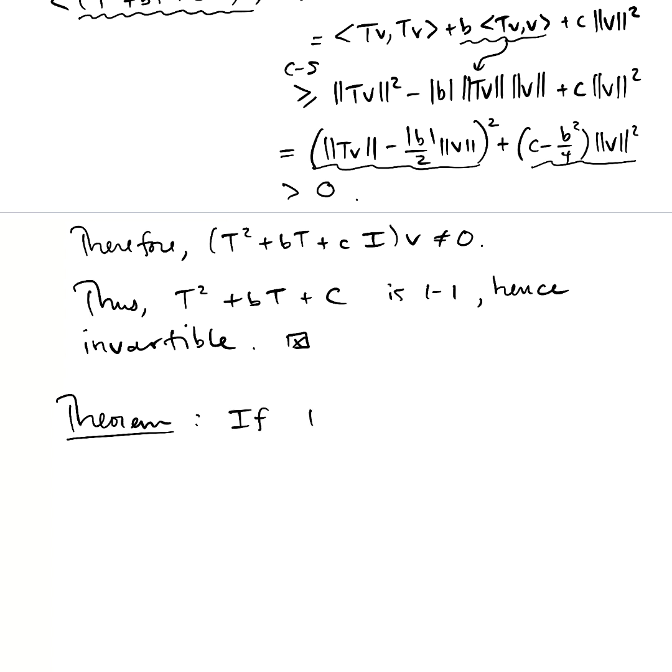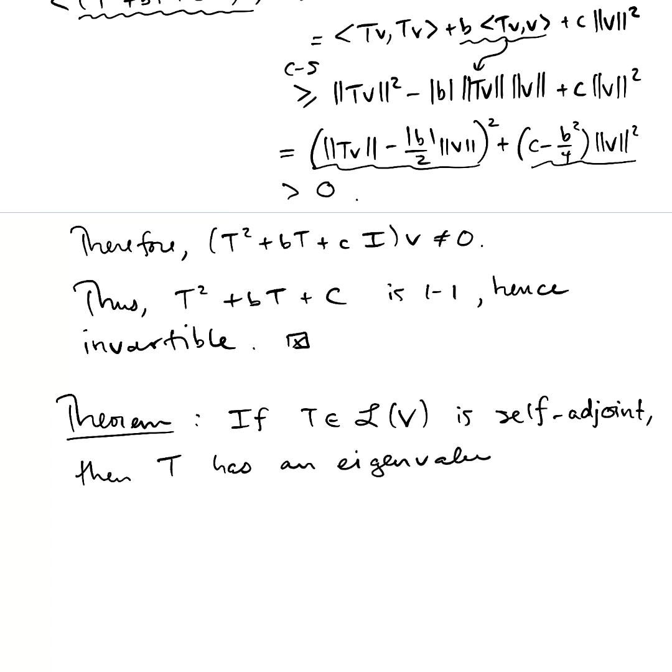If T, a linear operator on V, is self-adjoint, then T has an eigenvalue. Okay, first of all, in 306, you already knew this was true without the hypothesis about T being self-adjoint in